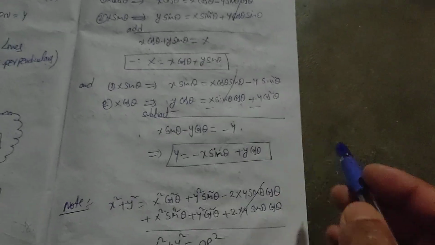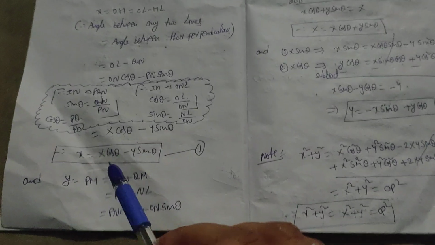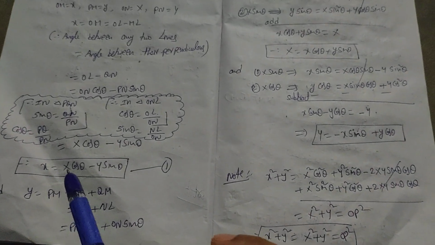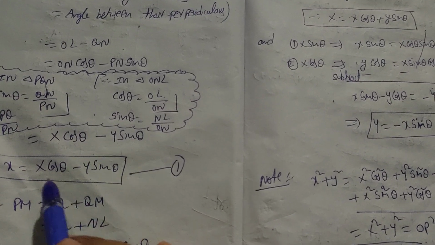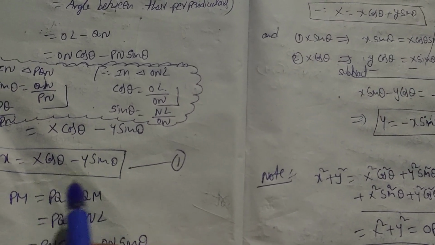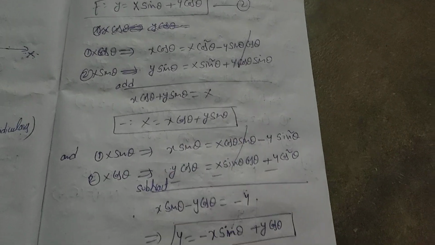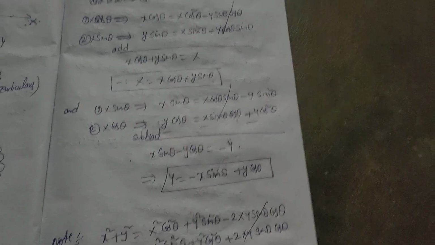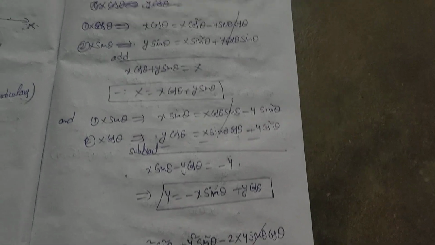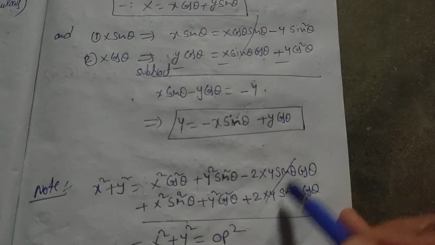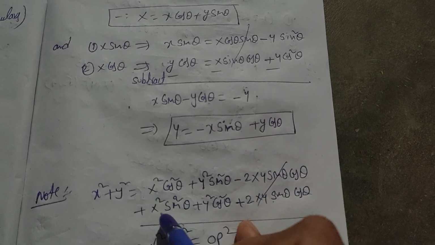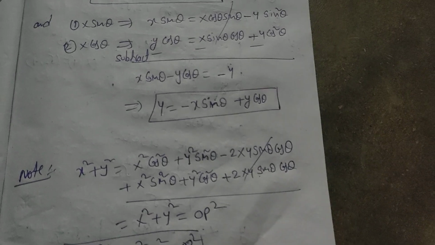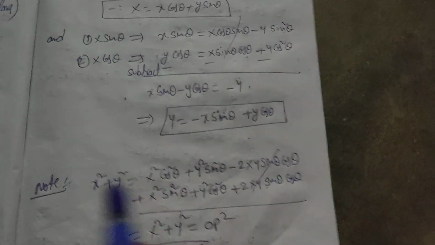See one small observation here. If you take x square plus y square, small x square plus small y square. So x square, what can you write? Capital X, that means a minus b whole square: capital X square cos square theta plus capital Y square sin square theta minus 2XY sin theta cos theta. Plus y square, what can you write? Small y square means X square sin square theta plus Y square cos square theta plus 2XY sin theta cos theta. So these two will cancel. Then if you take X square common, cos square theta plus sin square theta, that is 1. So we have only X square. If you take Y square common, sin square theta plus cos square theta, that is also 1. So we get Y square only.